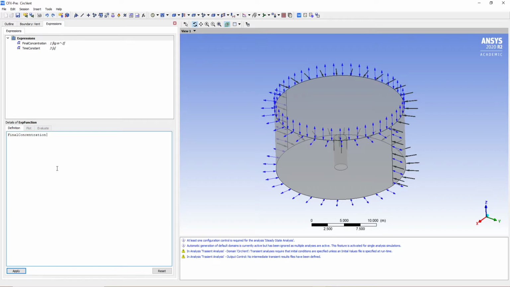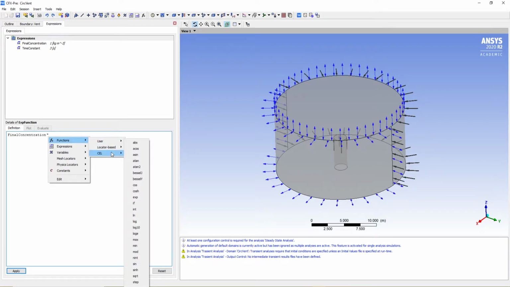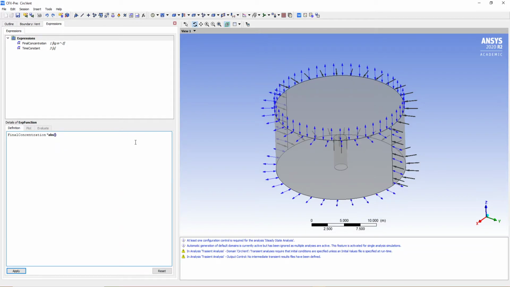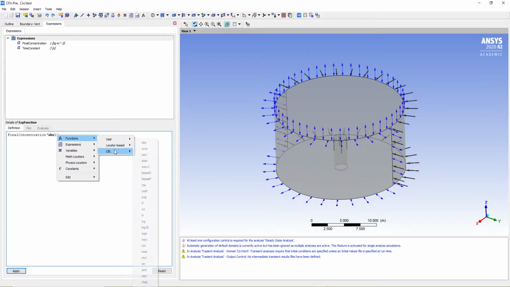All right. Now you're gonna go here and put an asterisk, which is basically the time signal, and then you're gonna right click it again. You're gonna go to functions, cell, and again then you're gonna find the ABS function. Now we're gonna type 1 minus, right click it, again go to function, cell, find the exponential function,